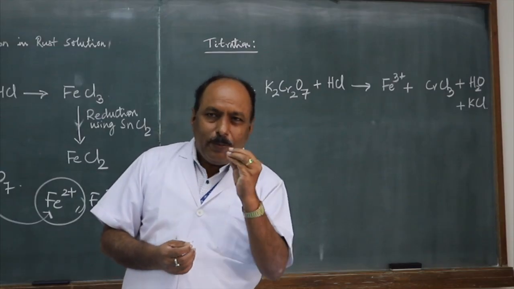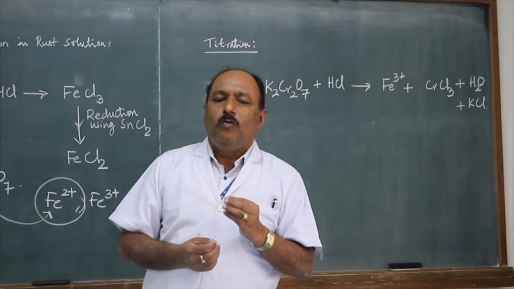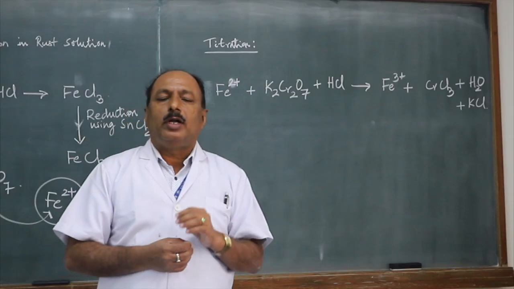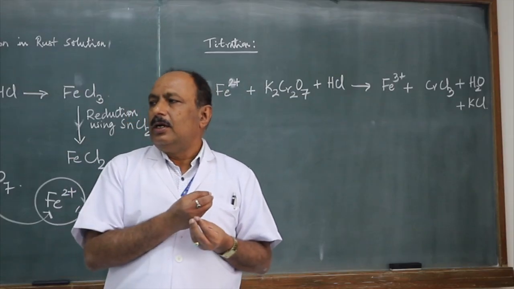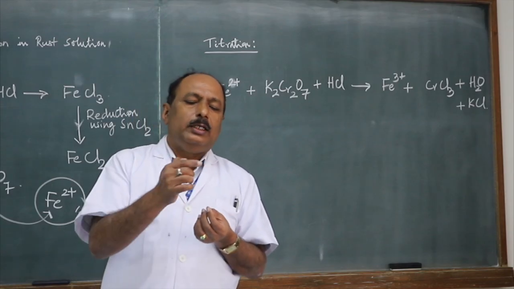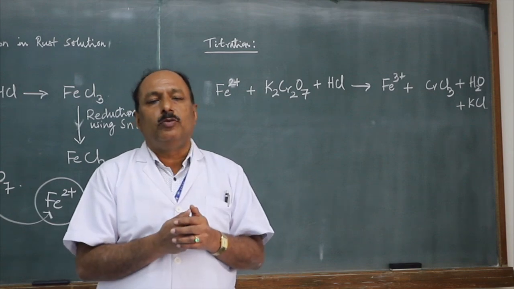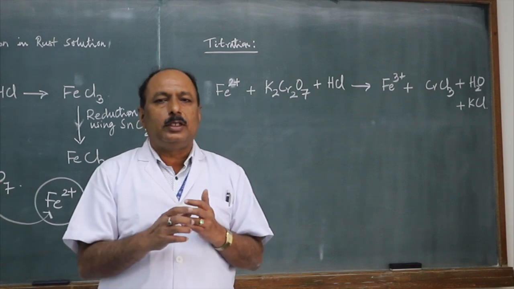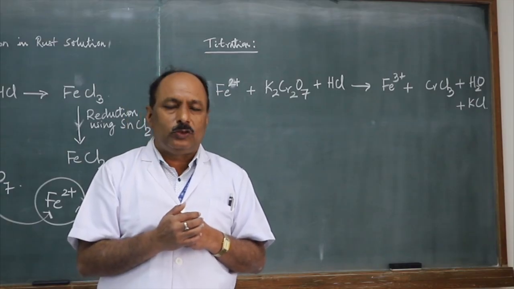So, just to repeat the procedure for preparing the standard potassium dichromate solution: very accurately weigh the weighing bottle containing potassium dichromate, transfer the crystals into the funnel placed over the 50 ml volumetric flask. Go on adding distilled water along the inner sides of the funnel. See that all the crystals are taken to the bottom of the volumetric flask. Then dissolve the crystals completely, dilute the solution exactly up to the mark and mix well.